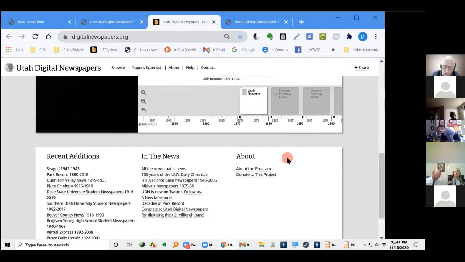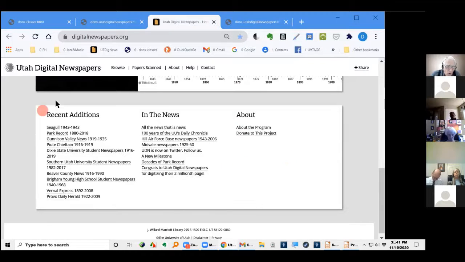I'm scrolling down more on the web page. Over here on the left side, recent additions. These are some of the things they've just recently posted. There's a Seagull, I've never even heard of what that is. Park Record, that's up in Wasatch County. Gunnison Valley, etc. Paiute something or other. Dixie State University Student Newspapers,